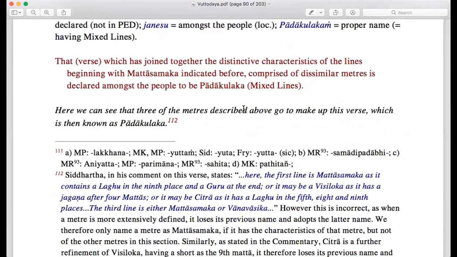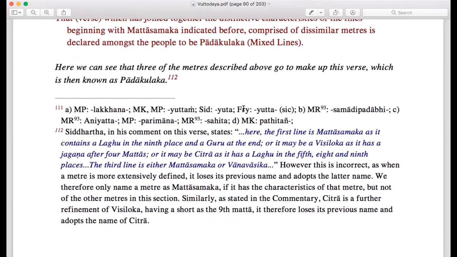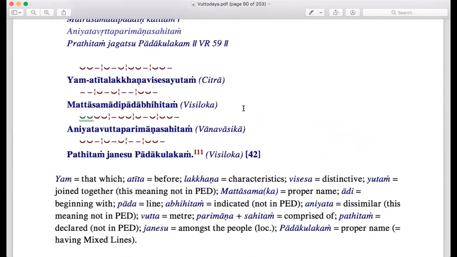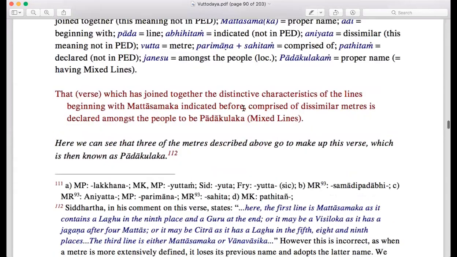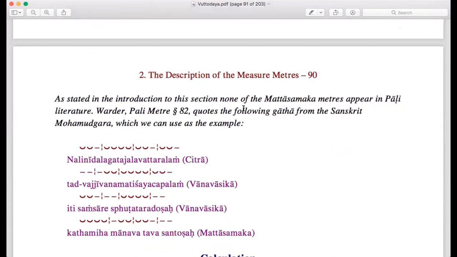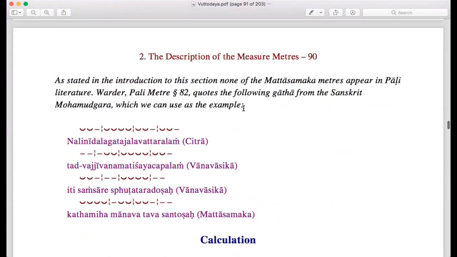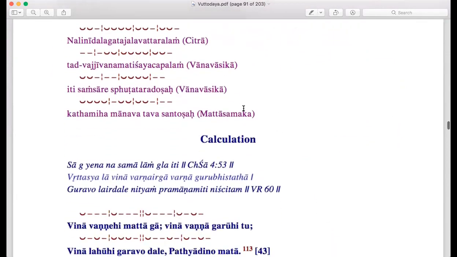Is that clear for you? Are there any questions? No questions, right? Then the fourth section of the Vuttodaya Matta Vuttaniddesa is finished, and we can say Matta Vuttaniddesa is almost finished. But here is an example. You can read it later.